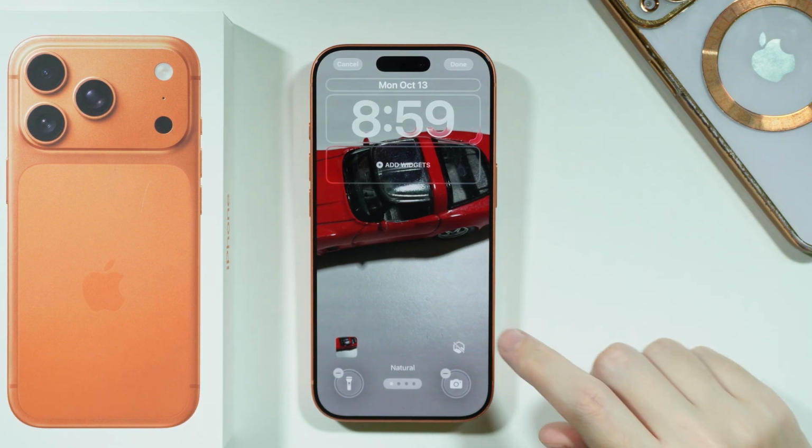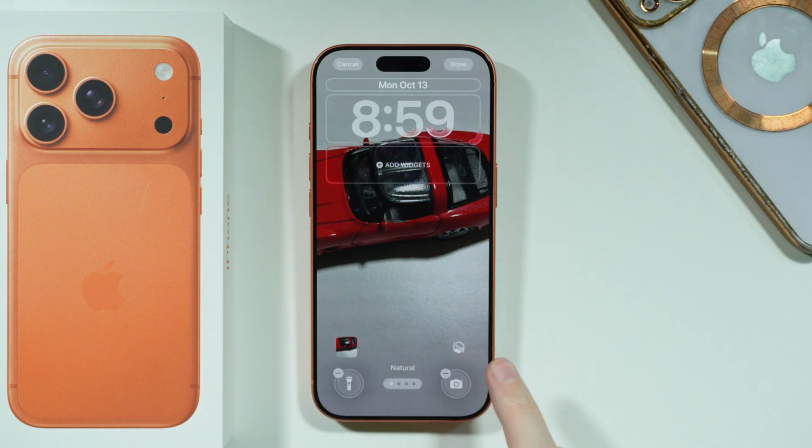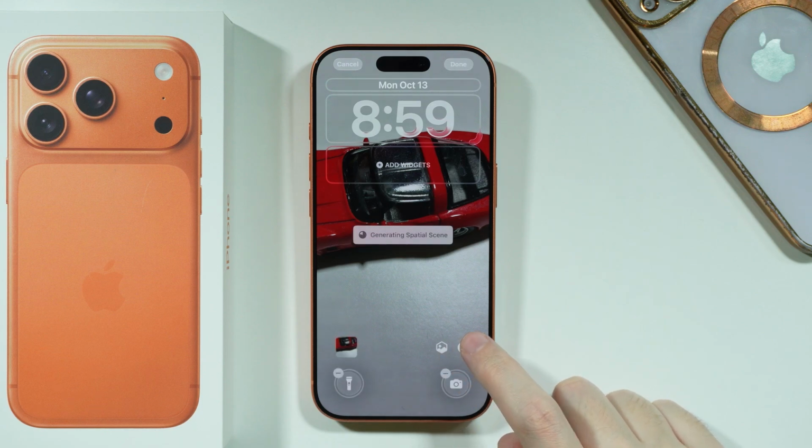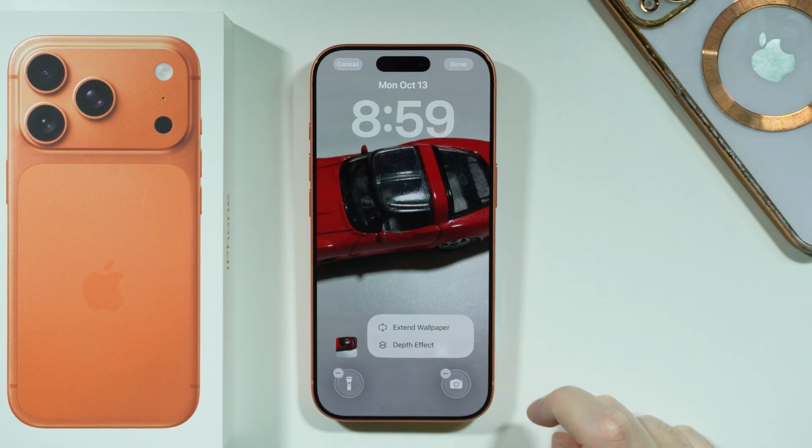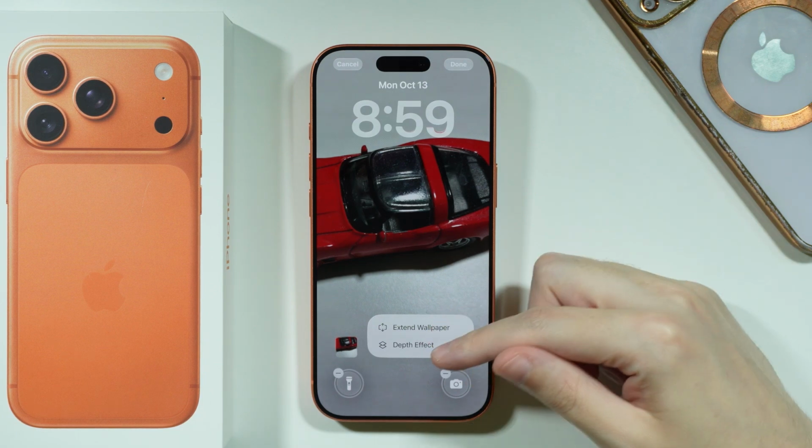And in addition to that, you may find some additional options over here at the bottom, like if you have a live photo, then you can toggle live effect. Over here, you will find a button right next to the preview. You can also tap on this option in order to generate spatial scene. Then you might be able to find these three dots that allows you to extend the wallpaper or use the